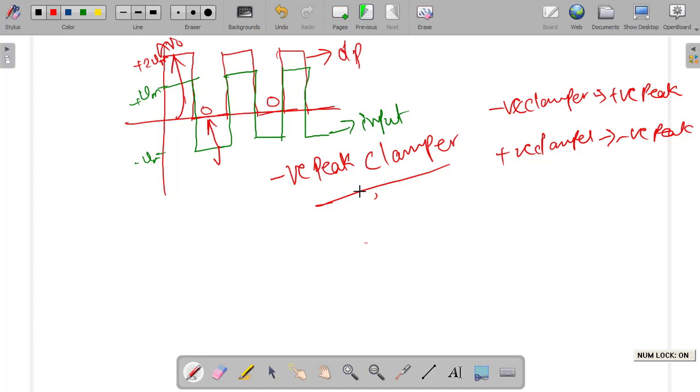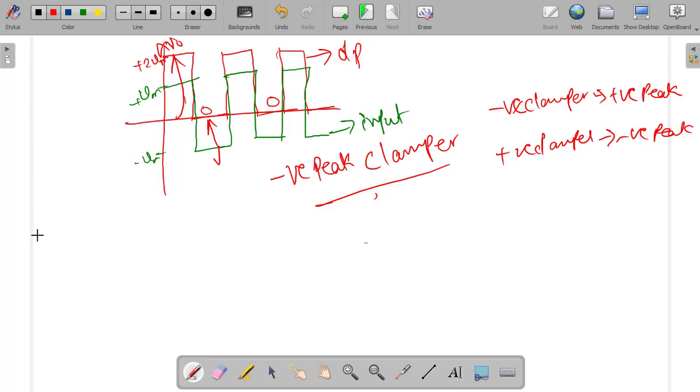Clear? Now, we have assumed there is no reference voltage. Suppose there is a reference voltage, just like in the clipper where we assumed an extra reference voltage added, then how will it be? Up to here is simple. Whenever there is no reference voltage, you can directly take Vi equals plus Vm and Vi equals minus Vm, and start solving the problem. Now, if there is a reference voltage in series with the diode, how will the output be?